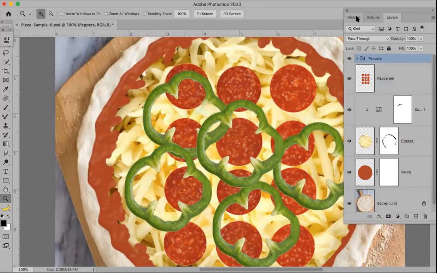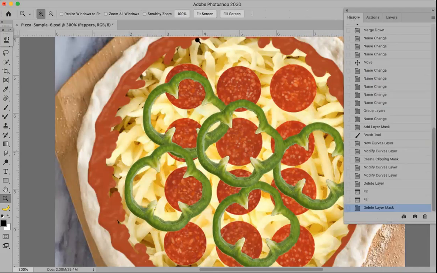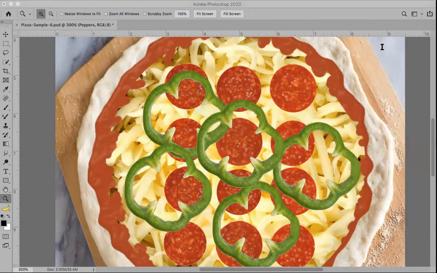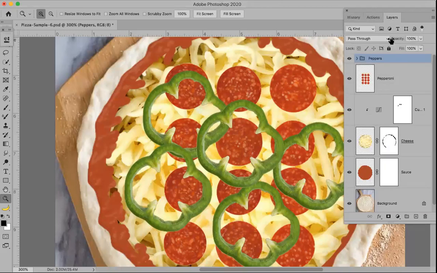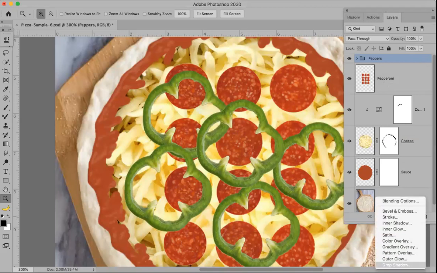But if you have something else up like History or Actions, or the Zoom tool takes over again, everything disappears from the bottom down there. So you definitely have to have your Layers panel up, hit Effects, go to Drop Shadow,